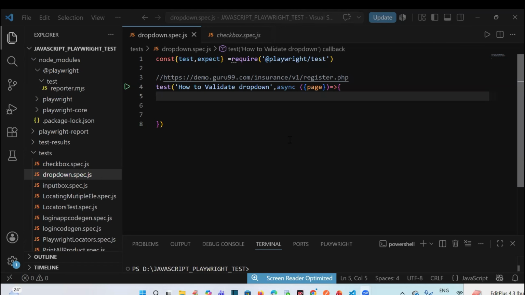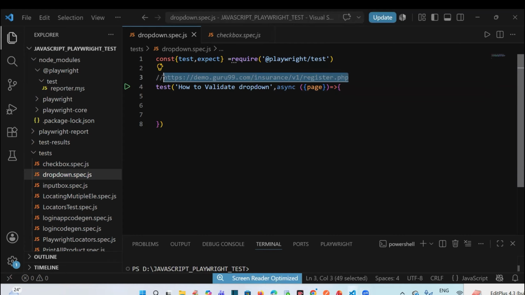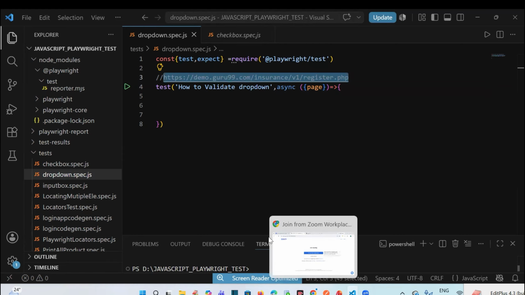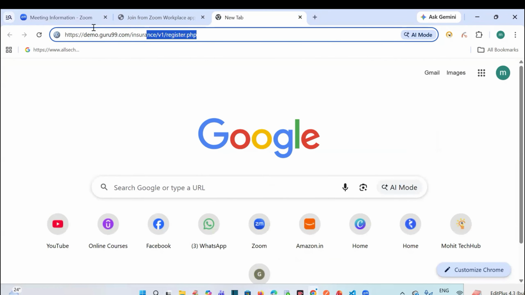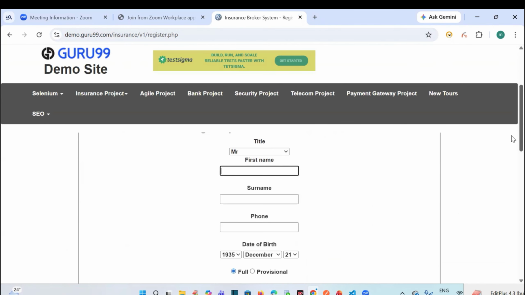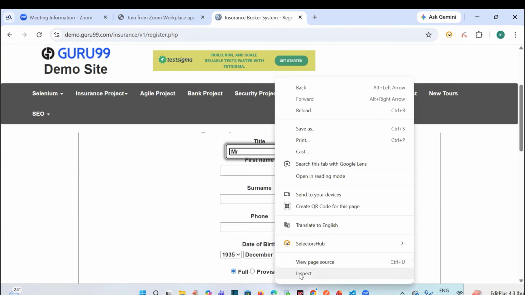Welcome back. So in this session, I will discuss how to handle Dropdown. This is one of the URLs. We can have a Dropdown here. Let me show you. Okay, so here we have a Dropdown, and we are going to handle the Dropdown, which